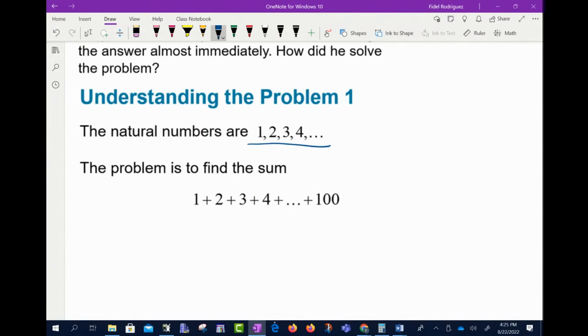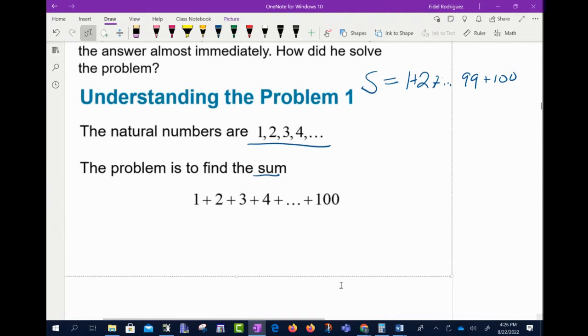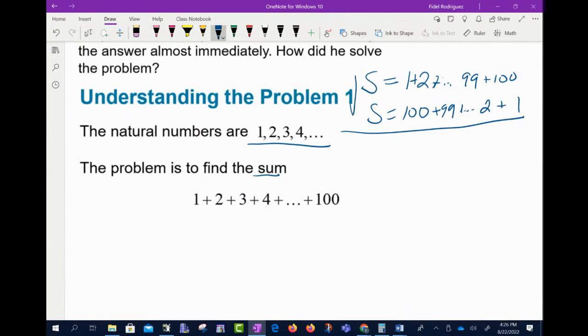Okay, so this is how he did the problem. I'm going to show you guys. He said, look, I'm looking for the sum. I'm going to call it S for sum, right? Sum means to add 1 plus 2 plus all the way 99 plus 100. When we add up numbers, it's not important what number we add first or what number we add second. So if I were to rewrite this problem, but I were to start at 100 and then 99 and all the way down to 2 and to 1, if I were to add straight down,